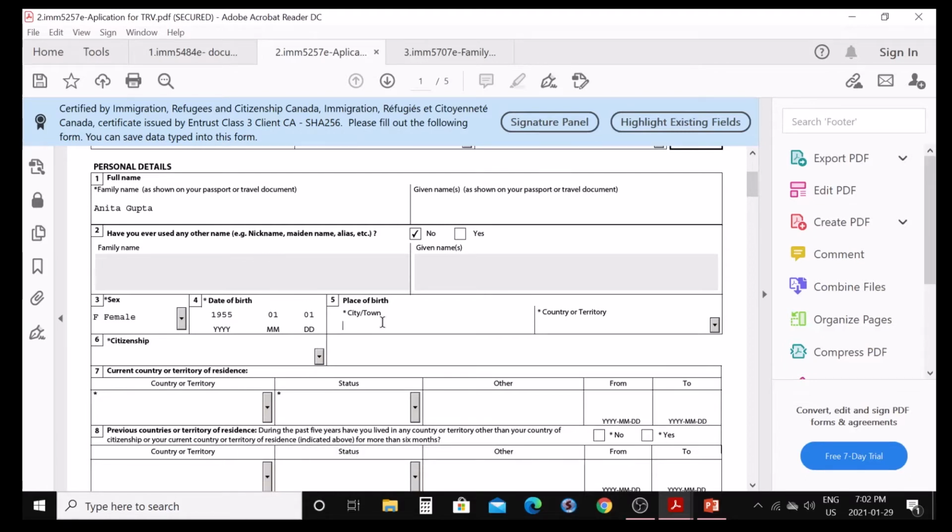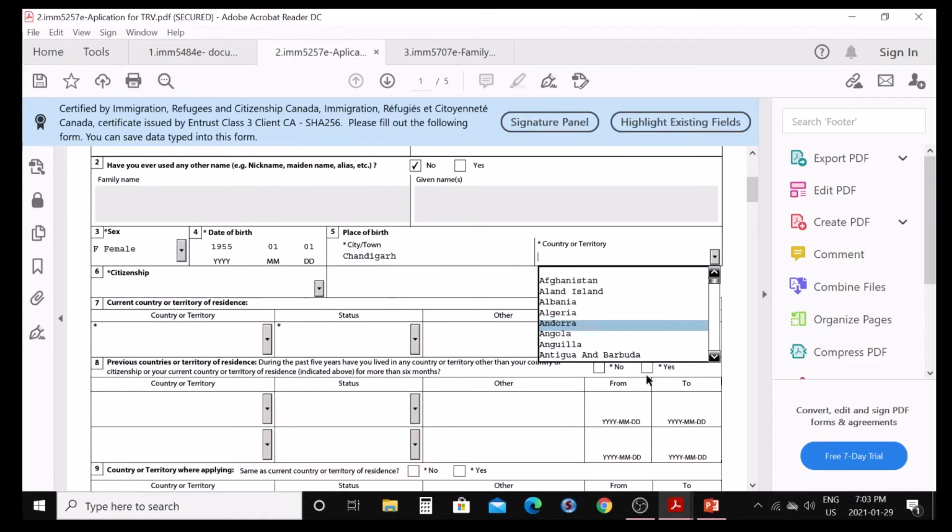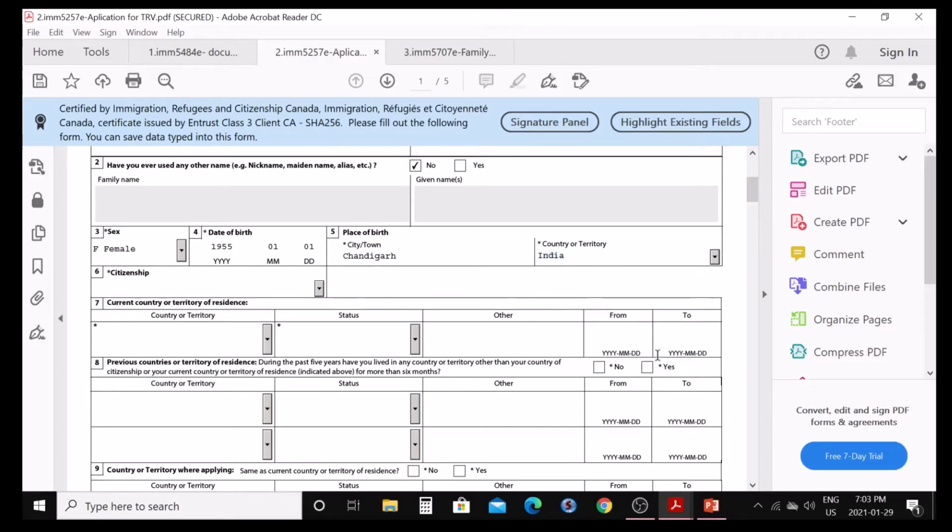So suppose I'm writing Chandigarh. And country: you're gonna write whatever country it is. Suppose I'm writing India. This should be on your passport or some other documents.